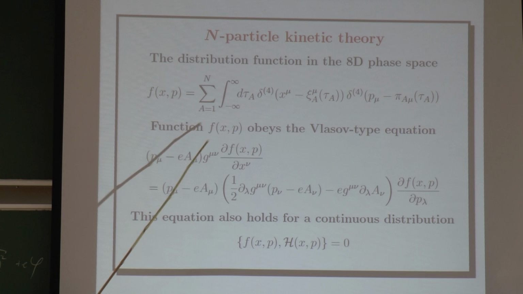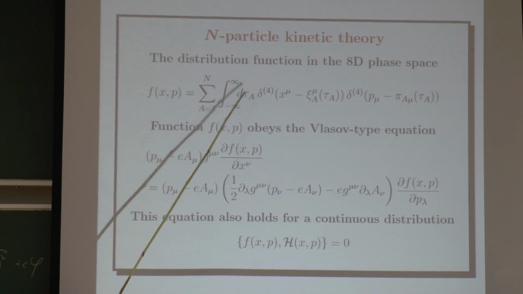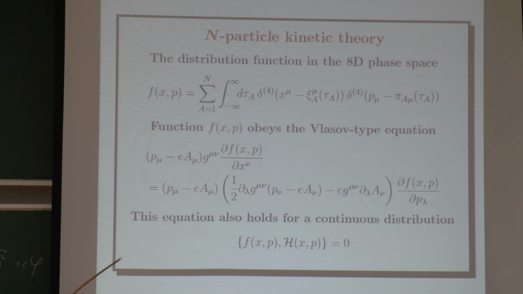Completely unconstrained. Now, what does this integration mean? It means that if I look at a certain portion of phase space, I don't care when in proper time particles were present there. I don't care. Therefore, I integrate over all values of proper time just to get this density in a fixed volume. And this is what this function f